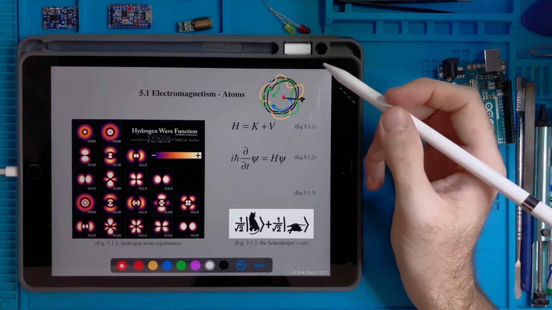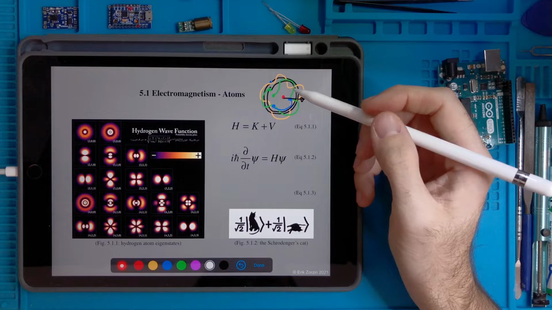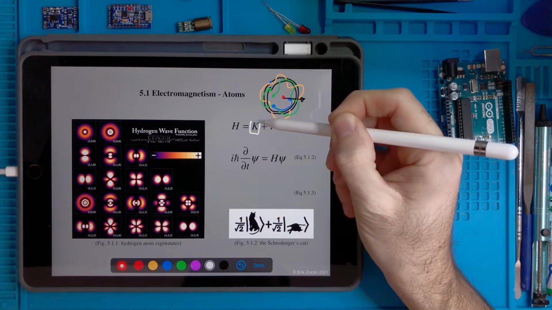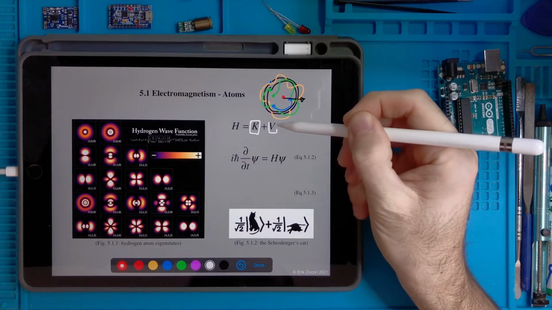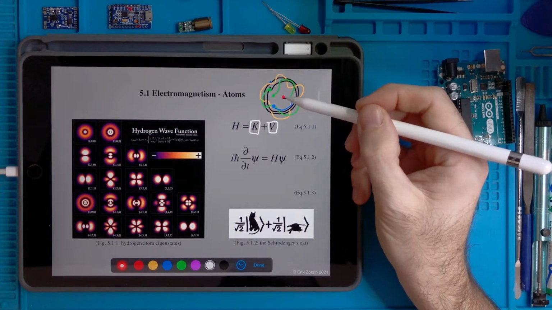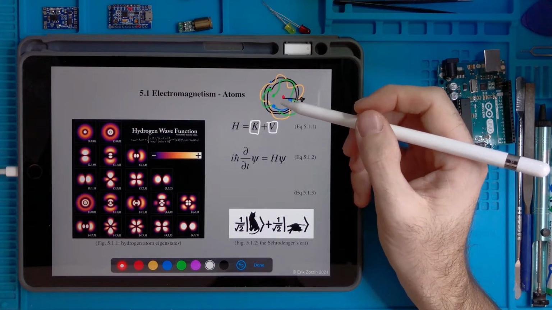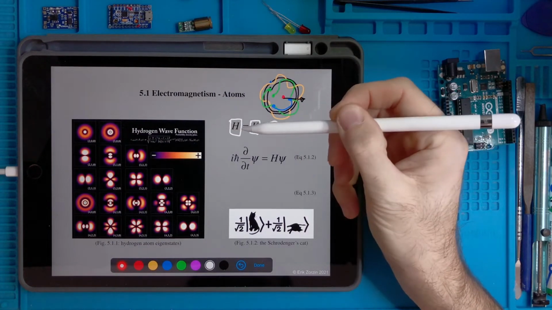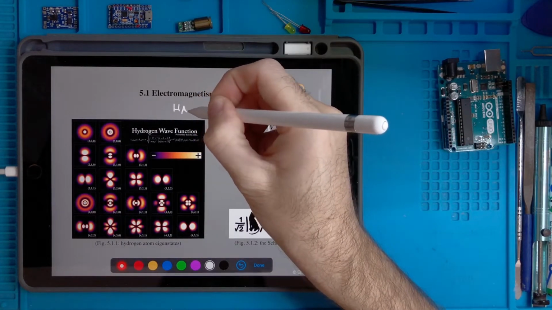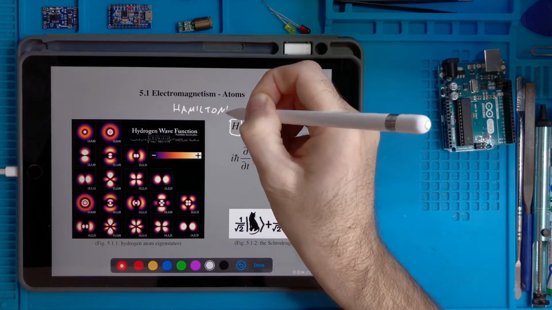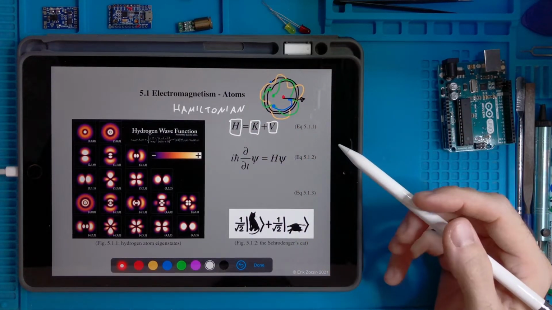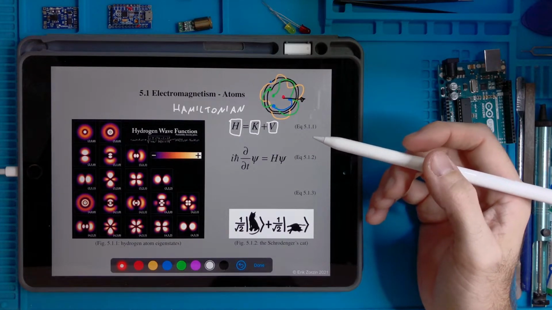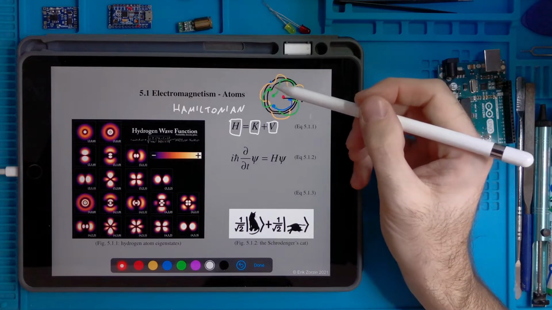Then secondly, if they consider the kinetic energy of the electrons, and now we have a representation of this kinetic energy here, and the potential energy, which is basically what makes the electron be attracted by the nucleus, they defined an object which is called the Hamiltonian function. And if you study this Hamiltonian function, they were able to understand the behavior of these waves.